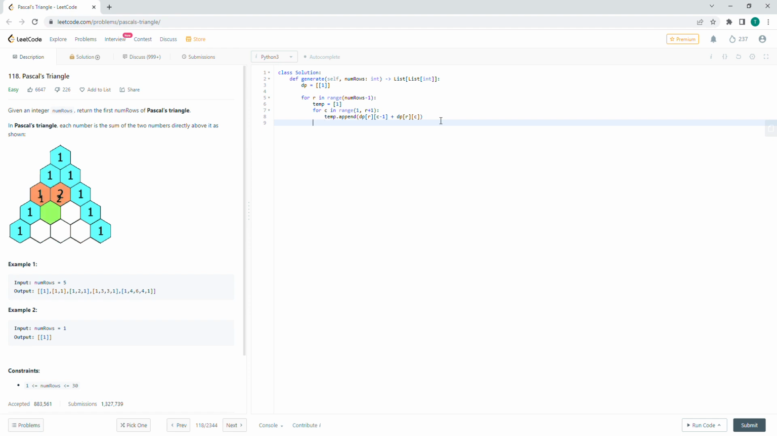Exit this loop. Temp will be updated to append 1, because we add 1 to each side of this, right? We add 1 to all. If we look at the right diagonal, it's 1, so we add that. Then we append our solution, which is our temp, to the dynamic programming array, and then return our dynamic programming array or